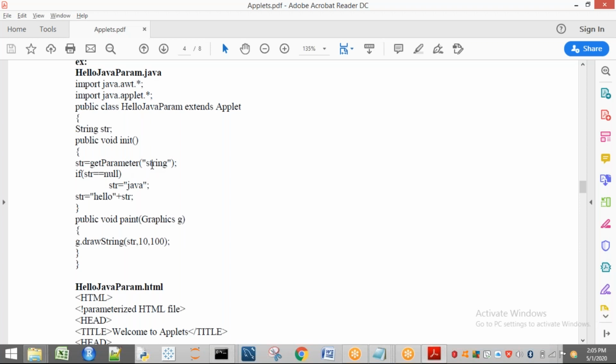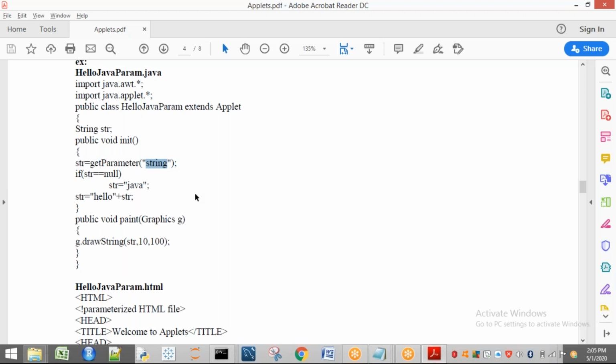Whenever I give the name here, the return value is the value of the string. For example, here I have written color, and for color I have kept the value red. So whenever I ask getParameter of color, it is going to return the value, that is red.